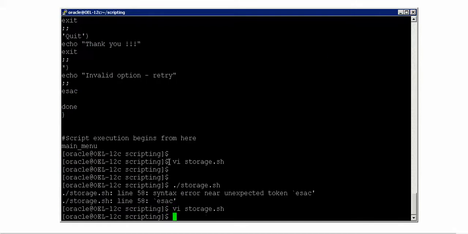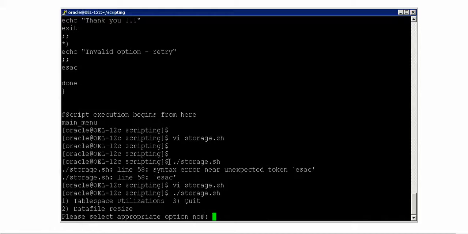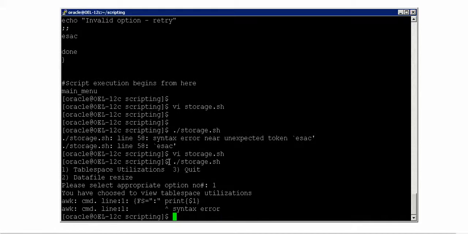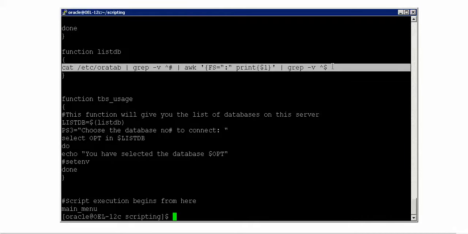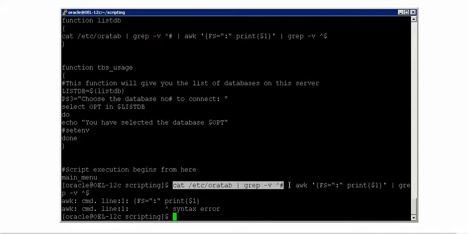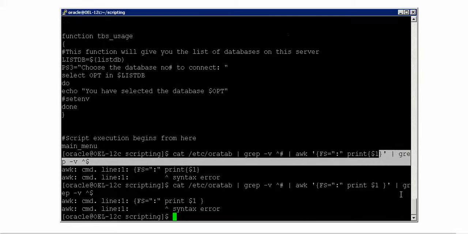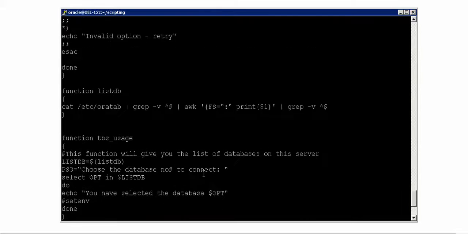Fine, so now let me check. Yes, it is asking table space utilizations. See, what is it saying? There is a problem with the print command here with the syntax. So what do I have to check first? I have to first check whether this is working fine or not. No, it is not. So until here that's fine, but what is the problem with this print? Okay, I think I have to pass $1 directly, not the flower braces like this. Not even that. So let me